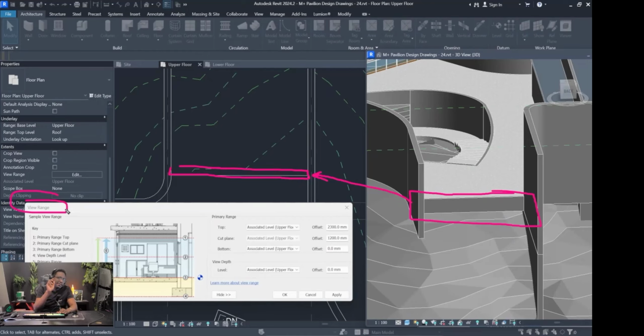And this is something that's very important to understand about Revit, because there are certain things that you're going to want to show on your plans. Let's say you want to show a low wall, or you want to show stairs going below, or you want to show a low window. It all has to do with your view range settings, right? So